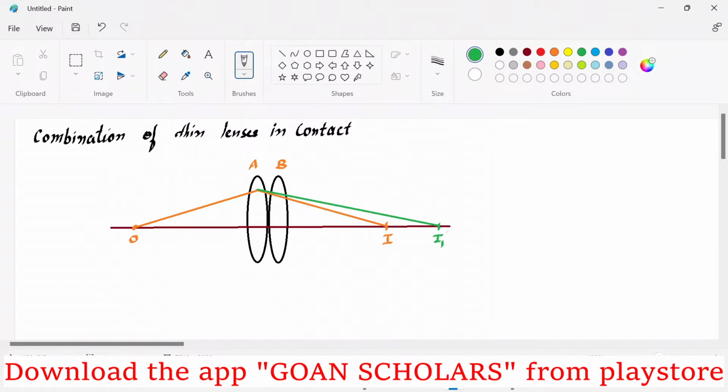Now I1 is what? Intermediate image. The image which is supposed to be formed if there was no lens B. So let's say this is your object distance U. This will be negative. This is your image distance V, the final image distance, and the intermediate image distance is V1. We will make use of a very important concept here. Let's say the focal length of the first lens is f1 and the focal length of the second lens is f2. So what we can say, for lens A,